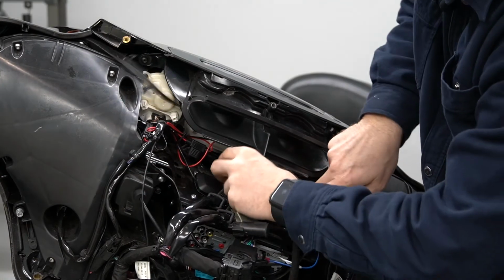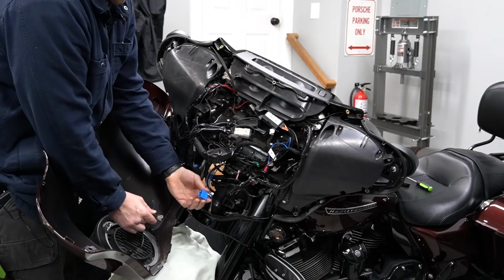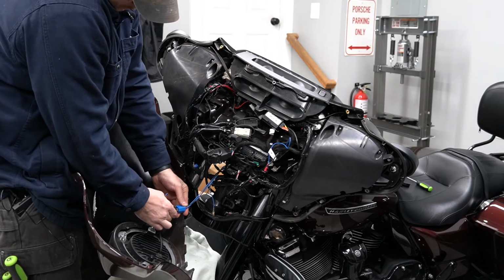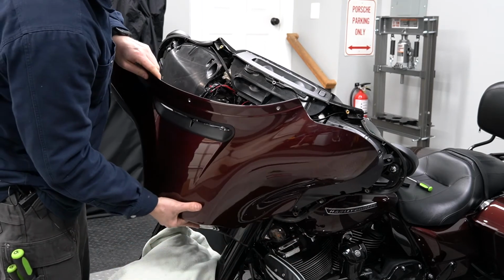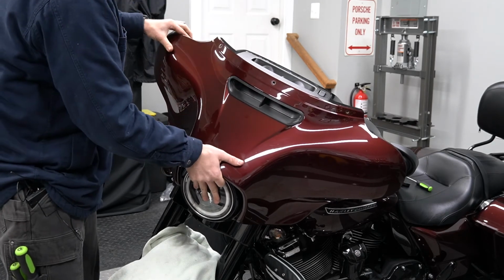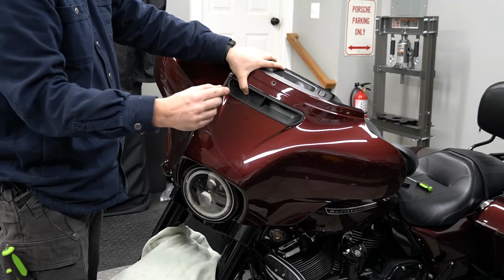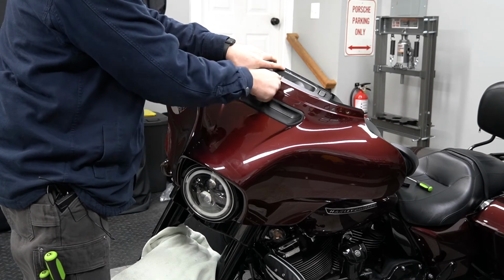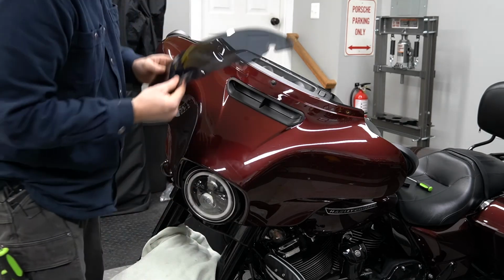We can go ahead and tuck all of our wiring away. All right, so important step here, don't forget to plug your headlight back in. And then we're gonna make sure everything's nice and tucked away. We're gonna grab the long bolt and go ahead and just start it. So now that our fairing is supporting itself,